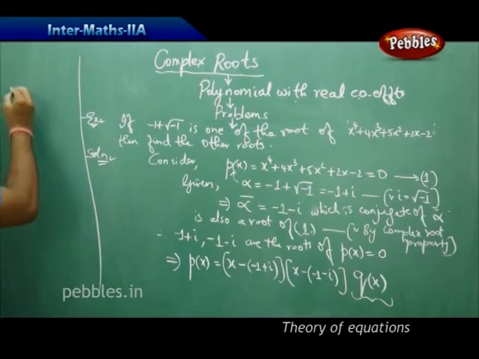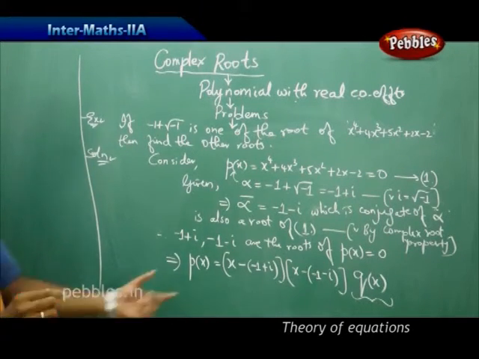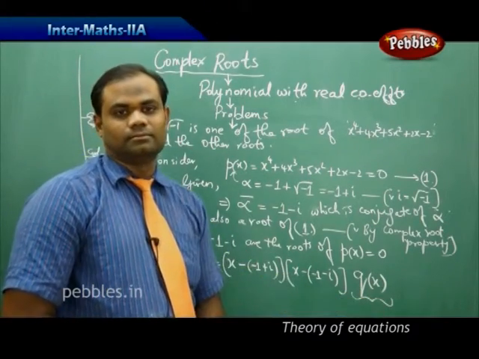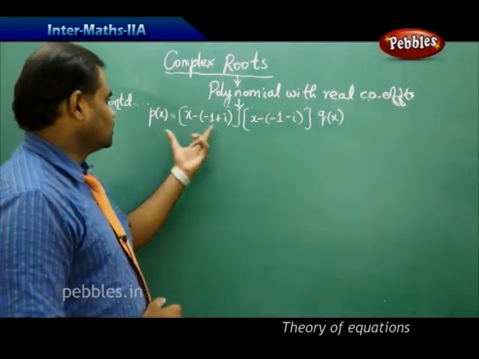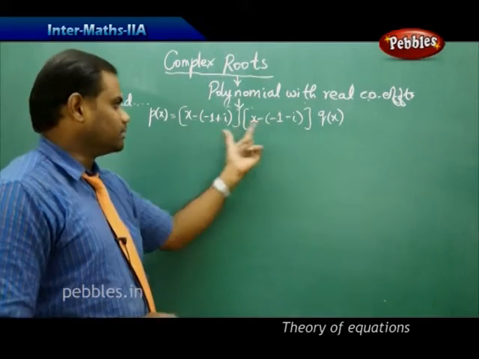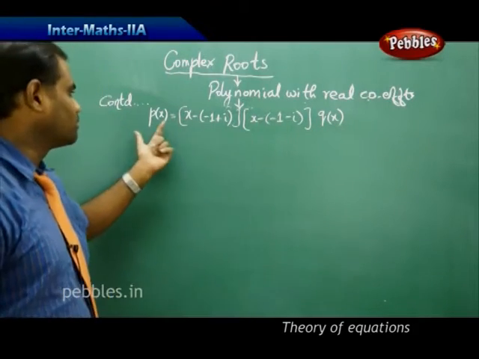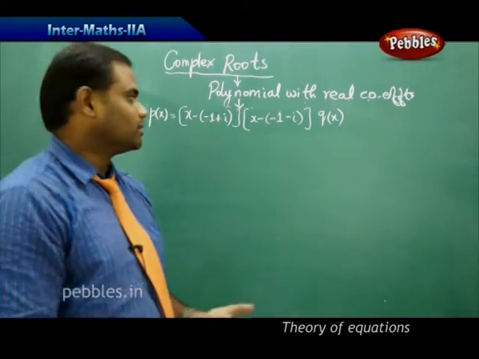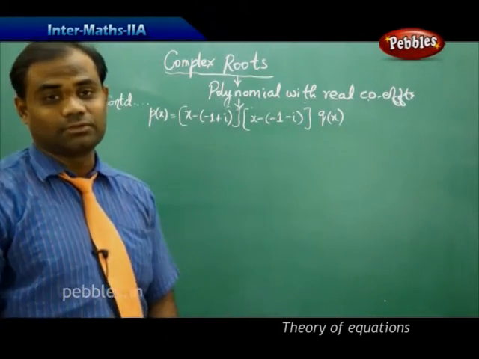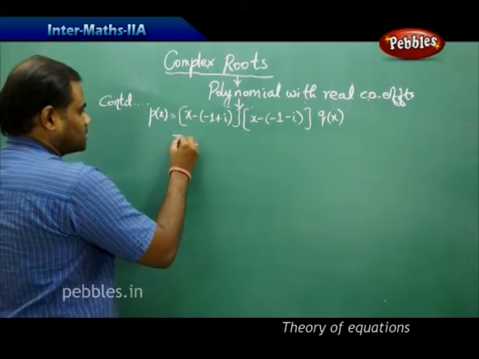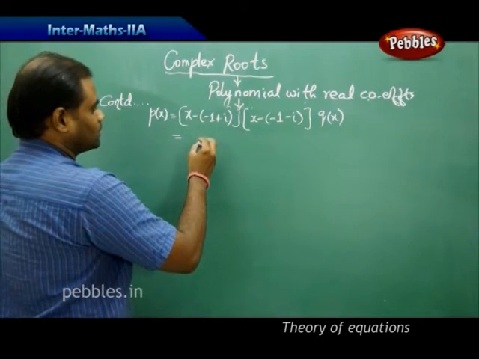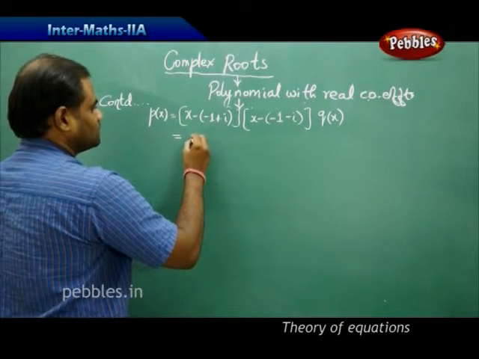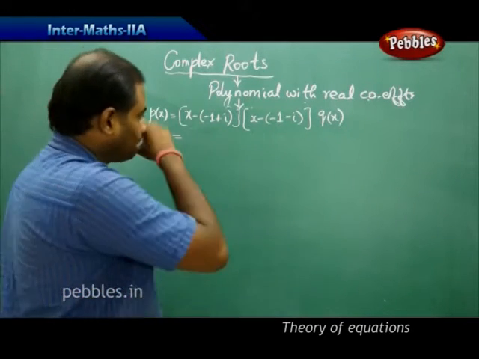Therefore, if I take q of x on the left hand side and put this on the right hand side, I get the quotient which I need to find here. So I get the 2 complex roots being conjugate to each other, and then into q of x, because the degree of p of x is 4 and the degree of the conjugate pair is 2. Therefore, the degree of q of x obviously will be 2, which I'm going to find here. Before I do that, I just multiply this, because this is in the form of a plus b into a minus b, and then when I expand this, I get x squared